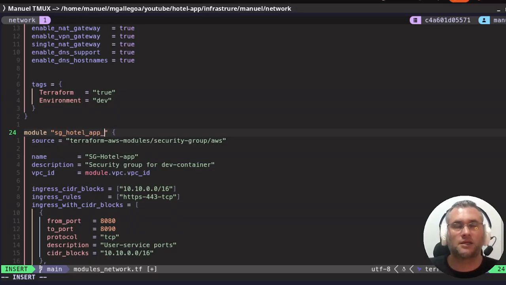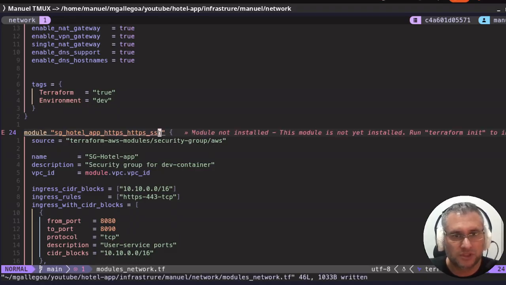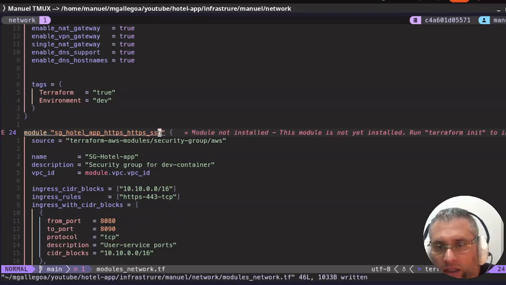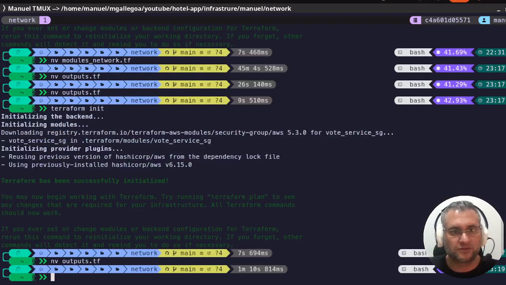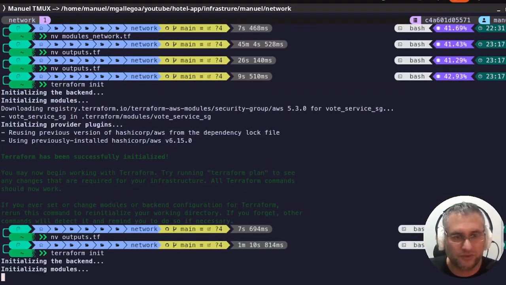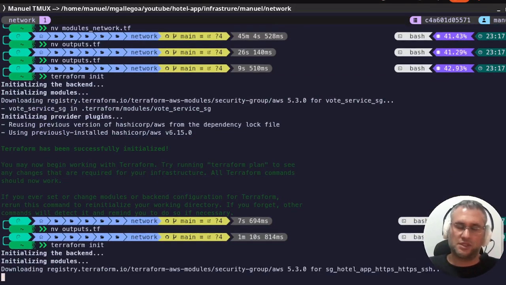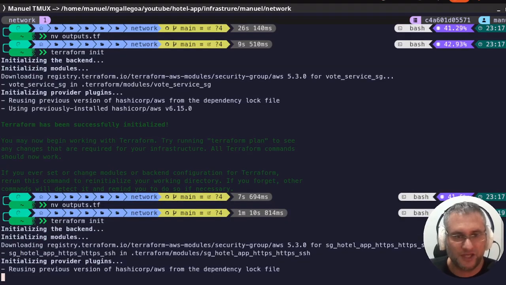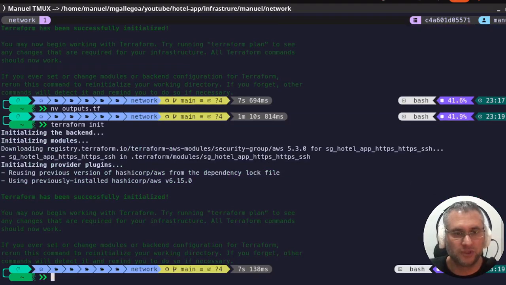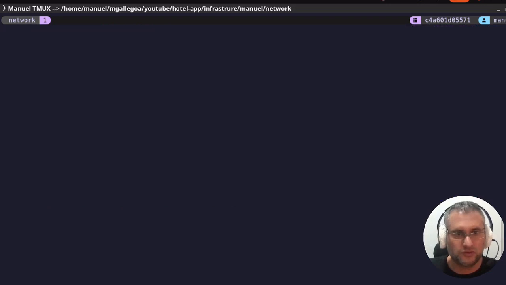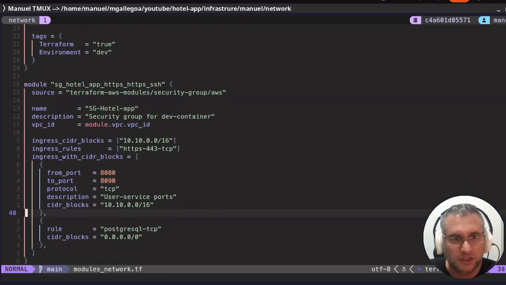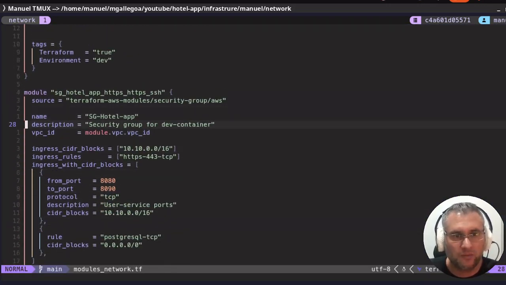and here I have the HTTP and SSH ports. I need to run again the Terraform init to install the new name for the security group and modules, and continue. Here I'm going to